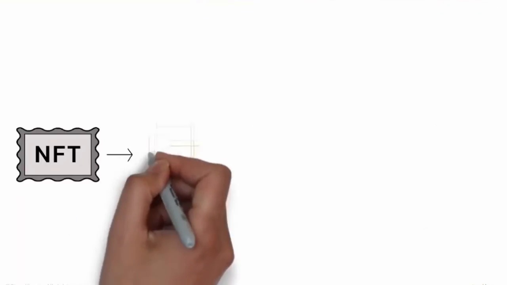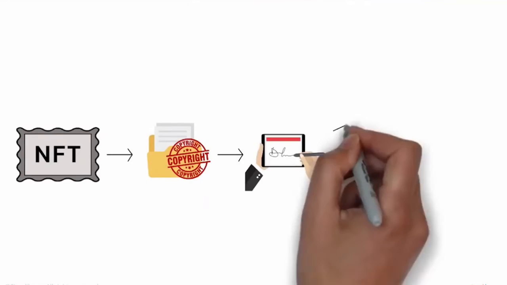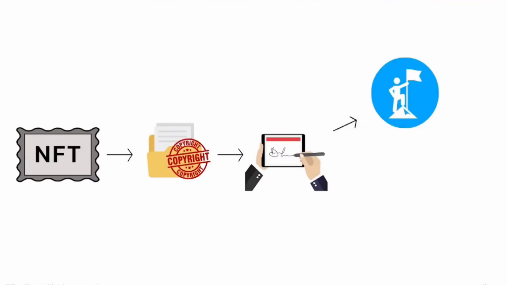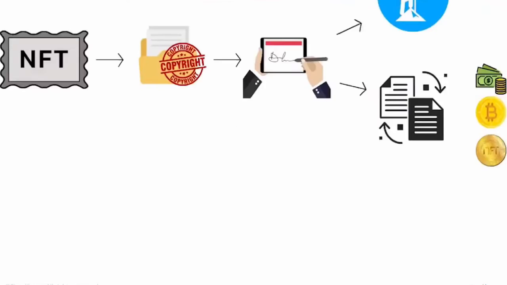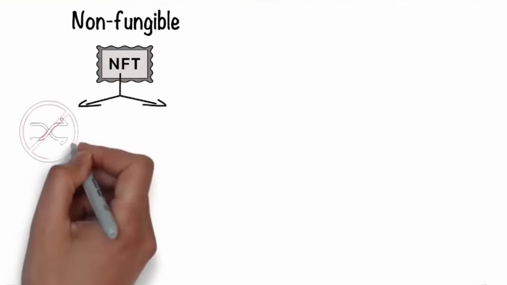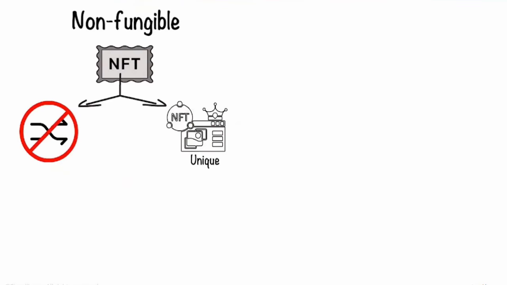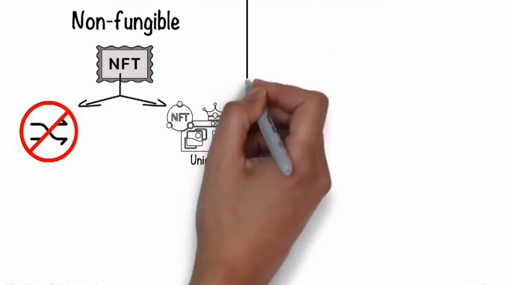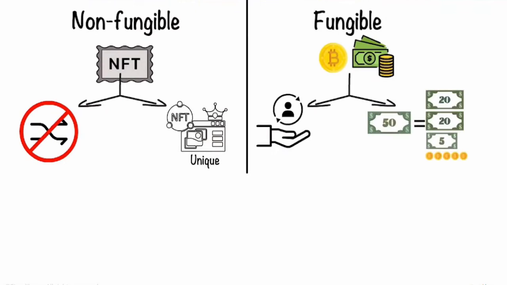NFTs turn your digital assets into one-of-a-kind, by creating a unique digital signature, which defines the ownership of your assets and that can be bought and sold for real money, cryptocurrency, or any other asset, like a non-fungible token, aka NFT. Non-fungible tokens means that they are not interchangeable, and each of them represents unique assets owned by a specific person. On the other hand, fungible tokens are interchangeable and can be divided into smaller units to form the same